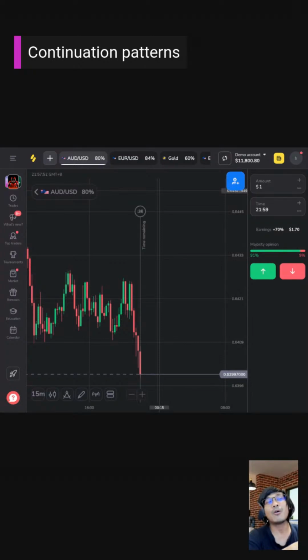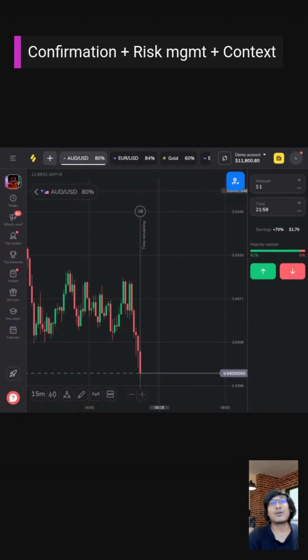Okay, now before I leave you guys, I do want to say that there are some important things that you need to remember, and that is confirmation, risk management, and context. Now we covered this a bit, but I just want to recap. Confirmation. It's important to get confirmation. Don't look at an asset changing direction as confirmation that a reversal is happening. As we can see when we talked about the continuation,